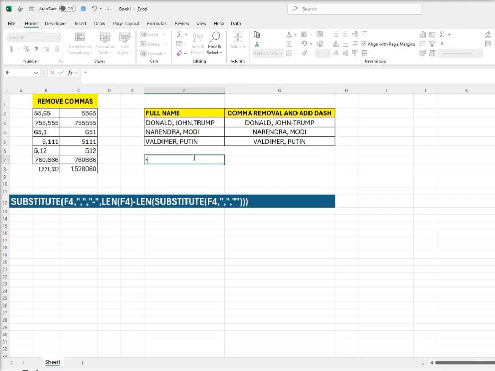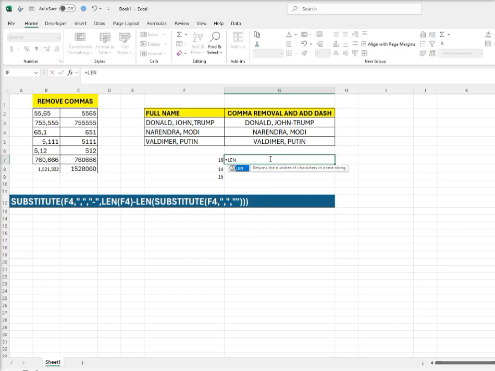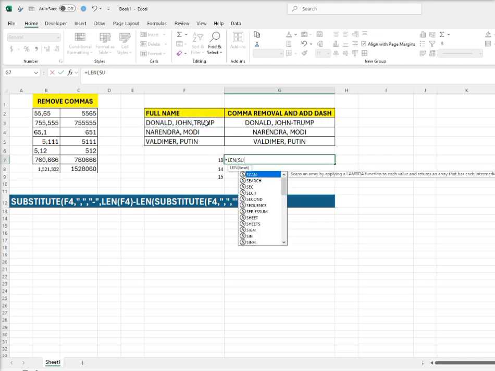Before that, we can get the length of the name. So we will get the length of the name, and also the length of the name after removing the commas. That is removing two commas. For example, Donald John Trump has two commas. So I'm using here length,